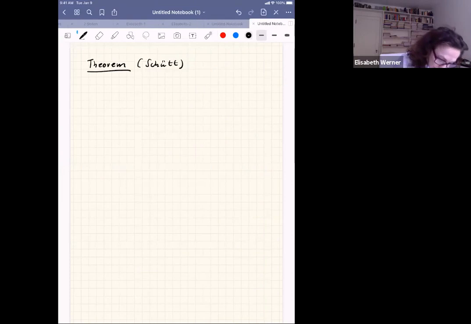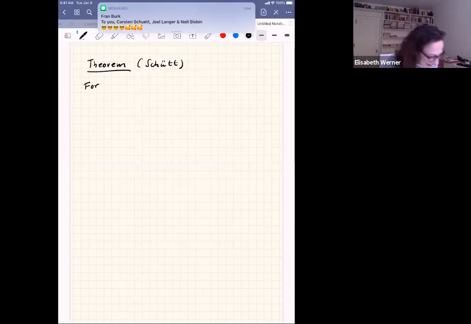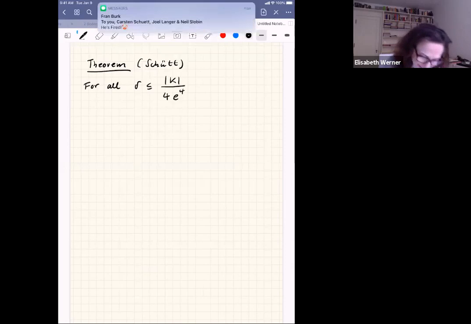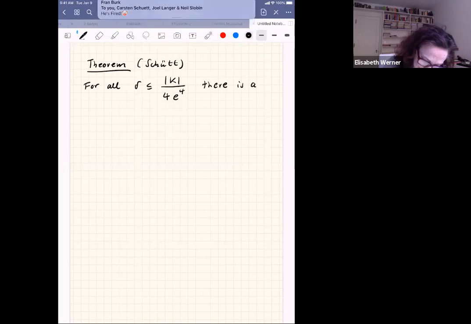For all delta smaller or equal than the volume of K divided by 4e to the 4, I'll give you all the constants, there is a natural number N such that